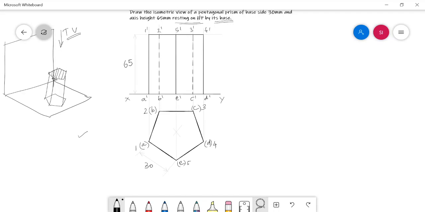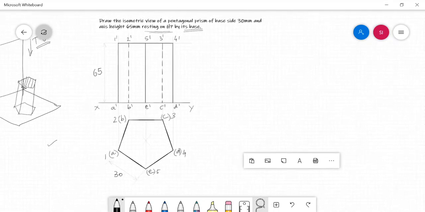Yes. Now the orthographic projection of the given object is over.